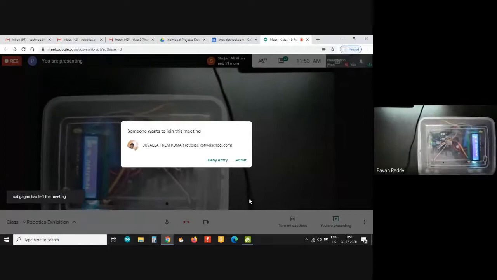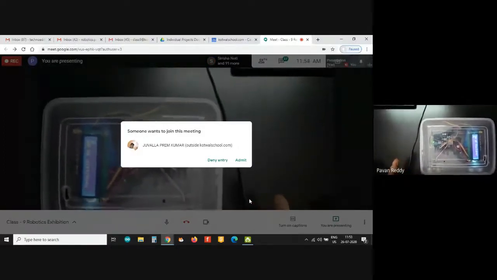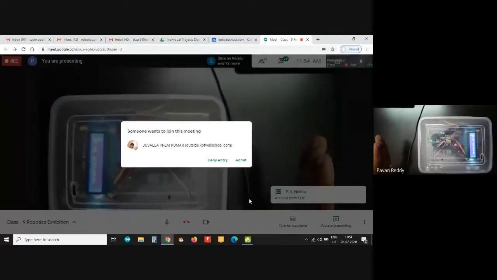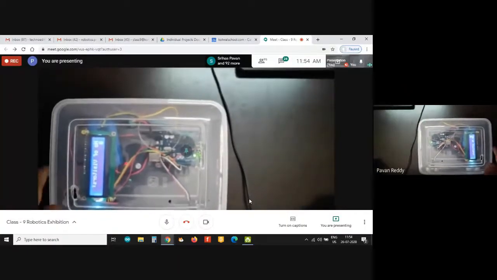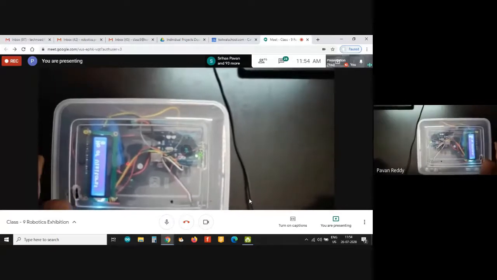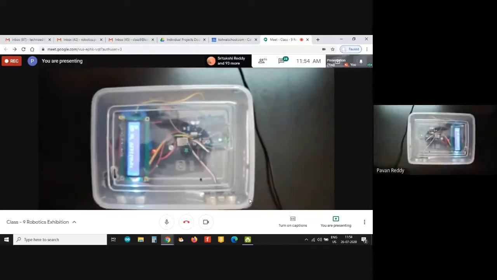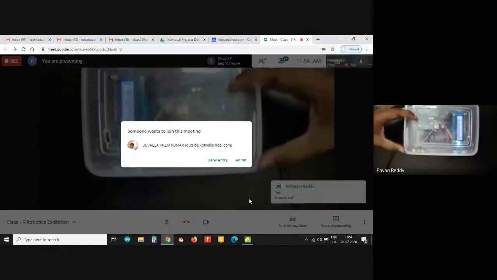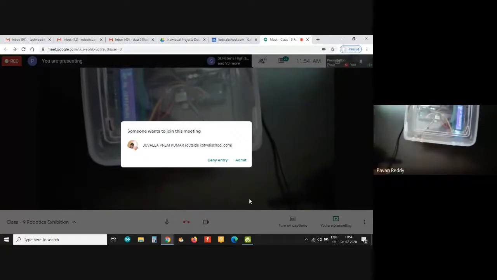That means, let us say this side of the thing that you can see my hand is the entrance, okay, and the other side of the box is the actual hall or the museum. So people will be entering from here, and going into the museum or mall or whatever it is.